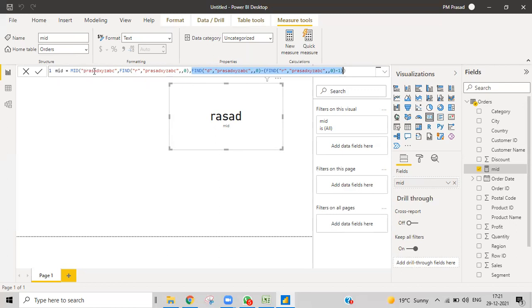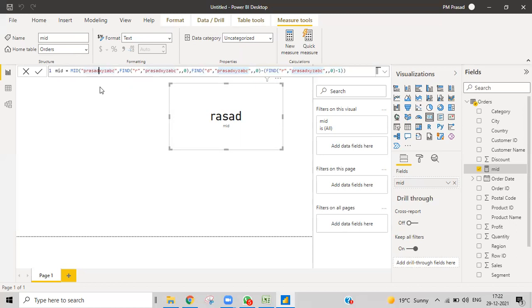The second one is how to find the number of characters from R to D. I don't know how many characters there are, but I need to find how many characters are there from R to D. So what I've done is, I found the number for D. It is in 6th place. If I give 6 over here, it will find R, A, S, A, D, and then 6, total 6, it will find R to X, but I don't want that. So I'll find this D, and I already know the position of R. So from this, if I remove this -1, then obviously I'll get the number of characters.